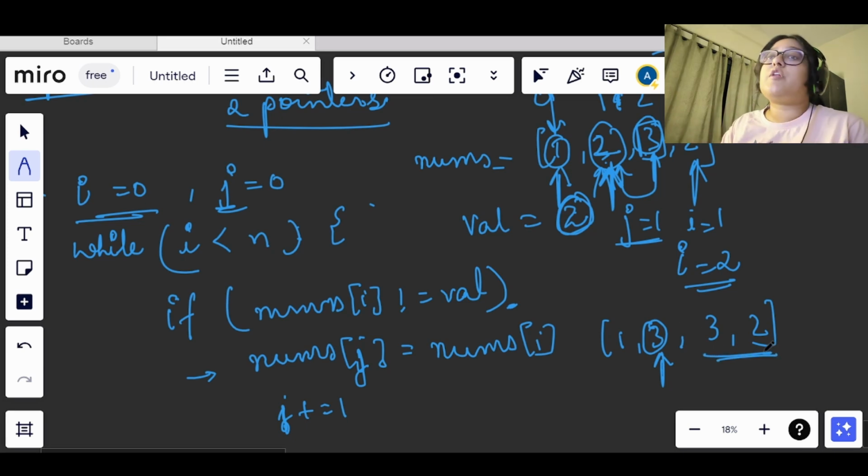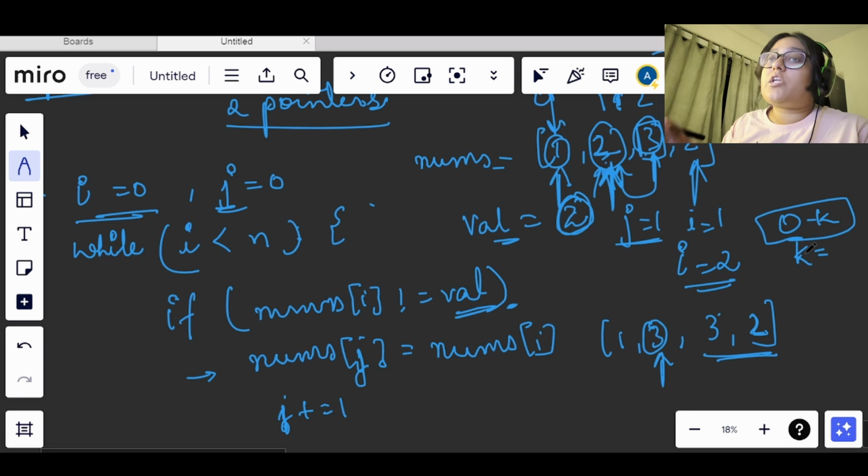The rest of the array will not matter, so even if we have 2 here or 3 here, it does not matter. Whichever value is equal to val, we need to remove it, and if k is the number of elements, then from 0 to the kth index the values should be those which are not equal to val.